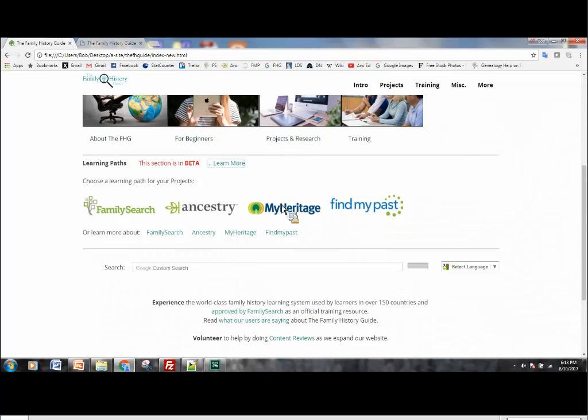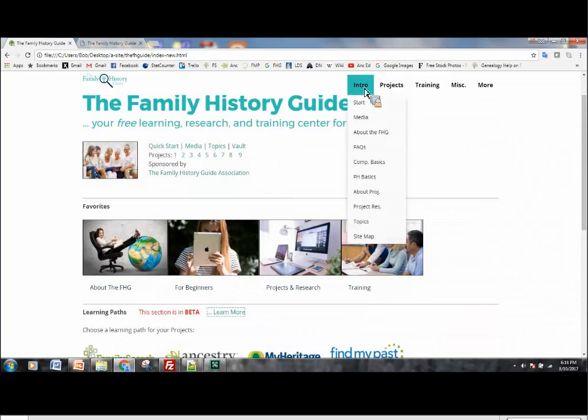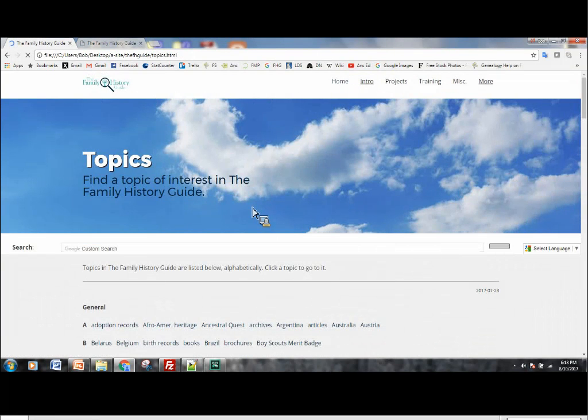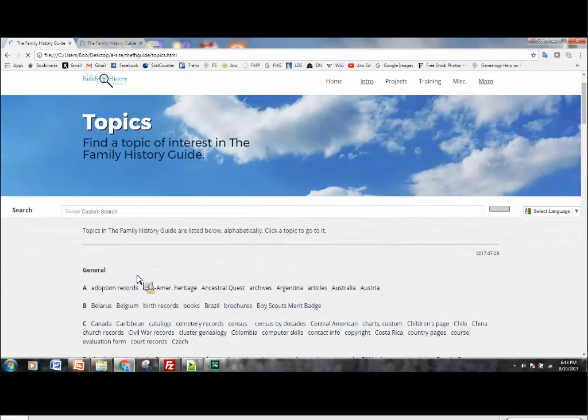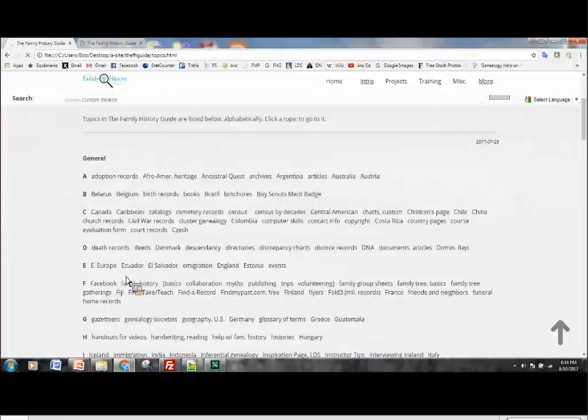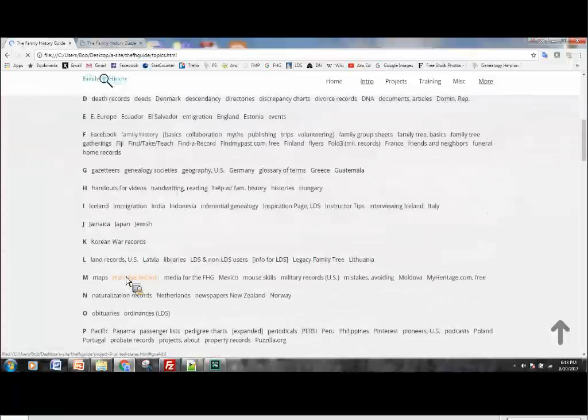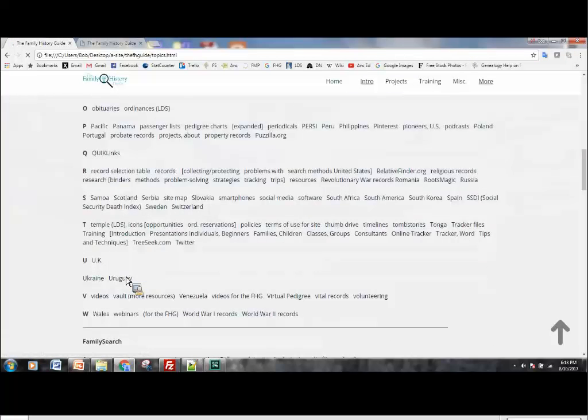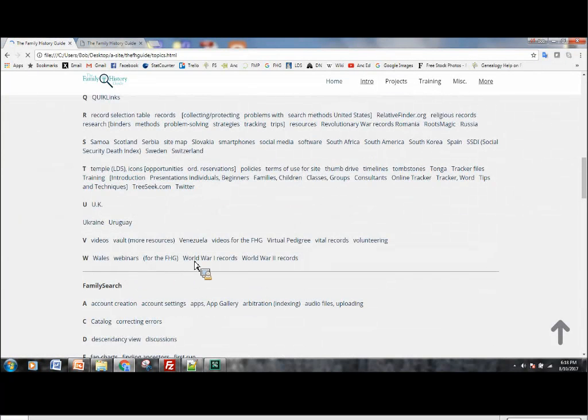Okay, here's another thing that I should point out. In the introduction menu here, some of you may be familiar with this topics link. This is a very handy link, and we're making some minor modifications here. You'll notice at the top we see a general category, and it's alphabetized as before. But what we've done is we've taken all of the partner or FamilySearch specific items and we've grouped them